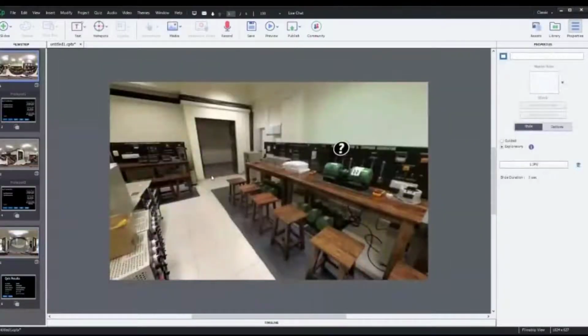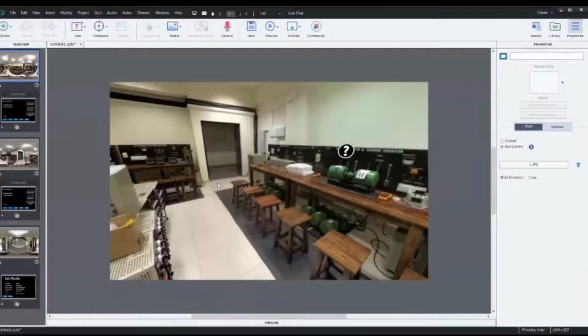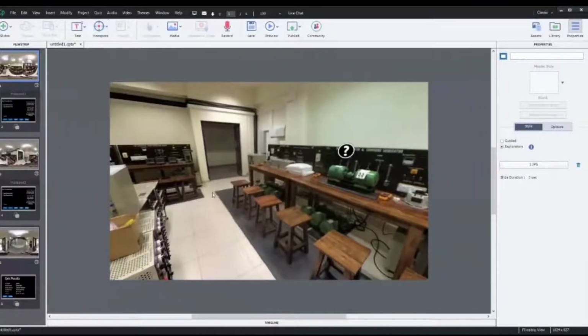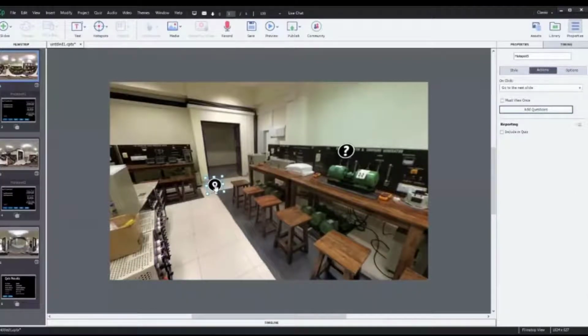How should they know that they need to go to the next screen? I'm going to add a marker here. Sorry, I forgot this before. So let us say to indicate that student should now go to this point, right? We have added one marker and the action attached to this is simply go to next slide. So now the student knows that when they click on this, they will be taken to the next slide.